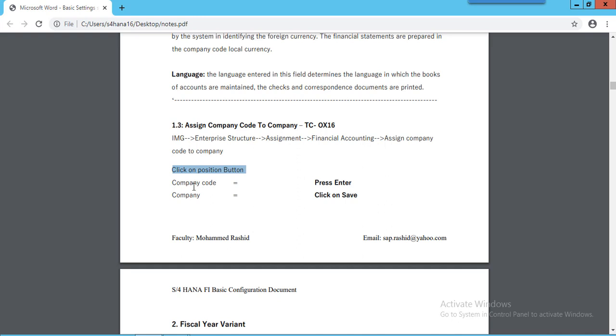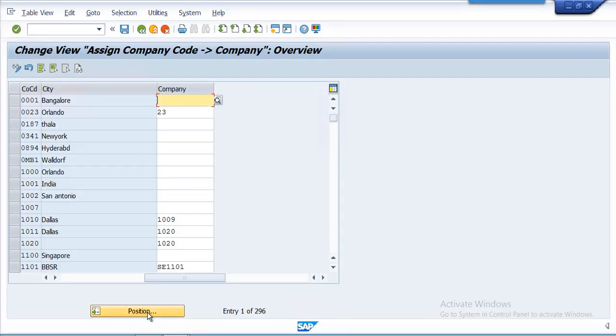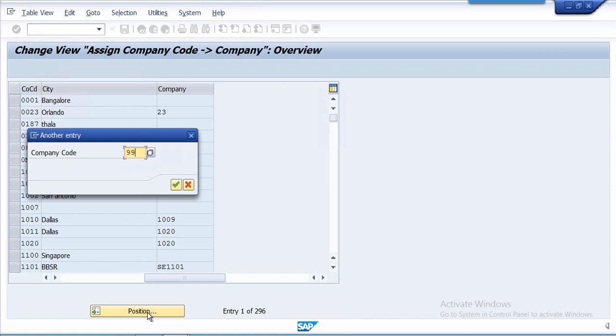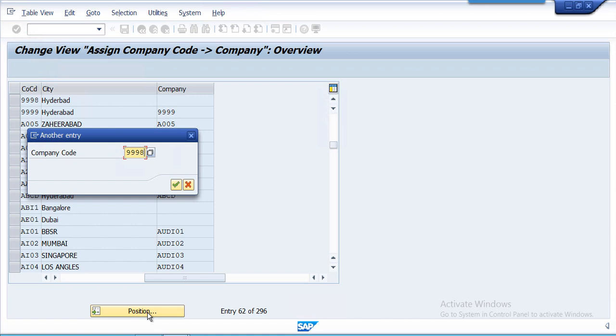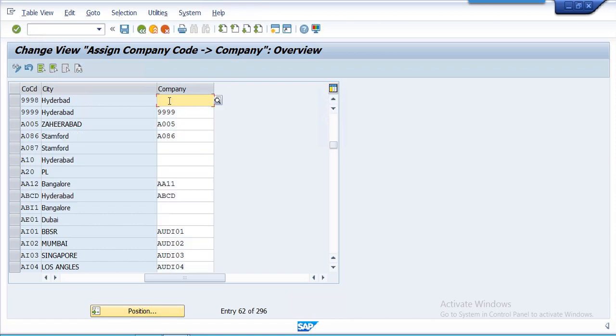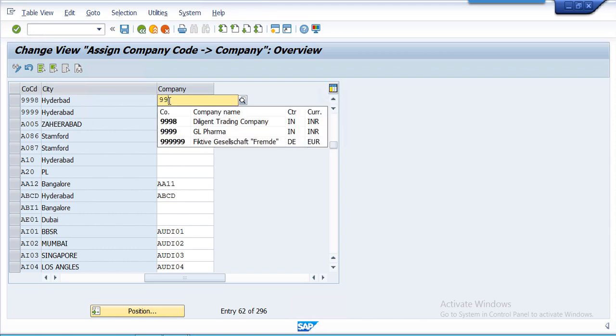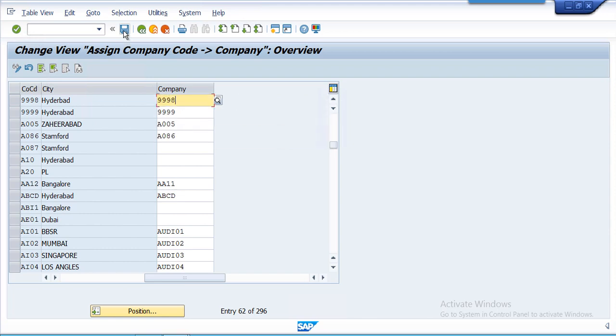Click on position button, enter company code, press enter. Here you assign your company code 9998. Save this. Press enter.